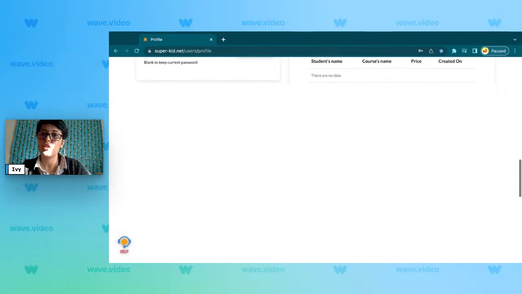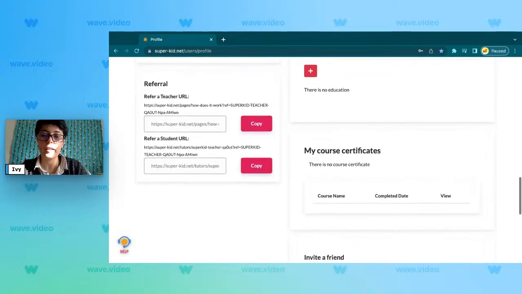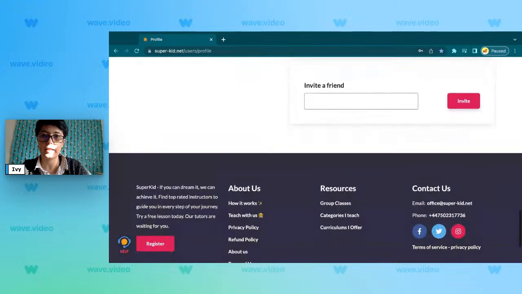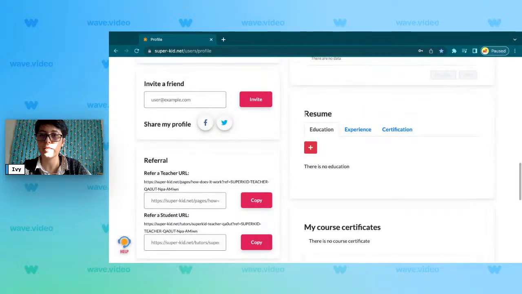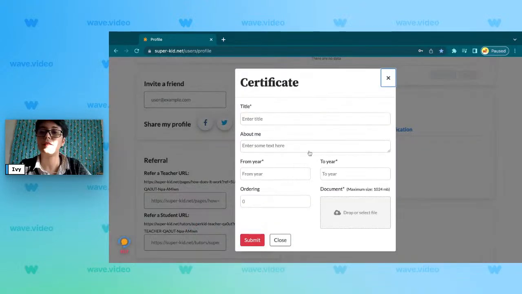You can also add your teaching background. If you scroll down, you're going to see a section that says resume. And here you can add more details about your teaching experience or diploma or anything you really want your parents and students to be able to see. They're not going to be able to see the documents you upload, only the content you type in here. So let's add one of them. Let's say I want to share about my education. I would say